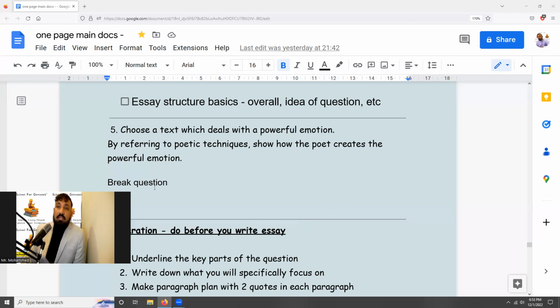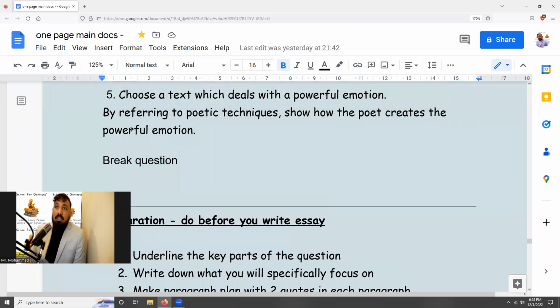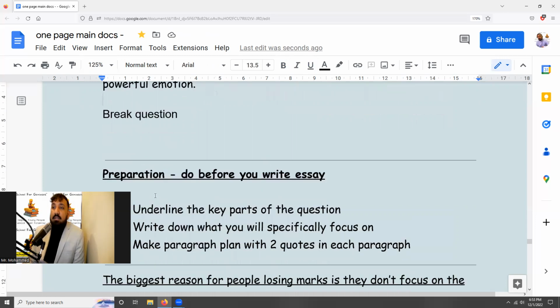Now, a very common example question that you could get would be a question about the emotions in the text. This is a nice example we can look at. In terms of the question itself, you want to be able to recognize the most important parts of the question, and the most important part is going to be what it specifically asks you about. So what you should do, and I actually have the steps here,